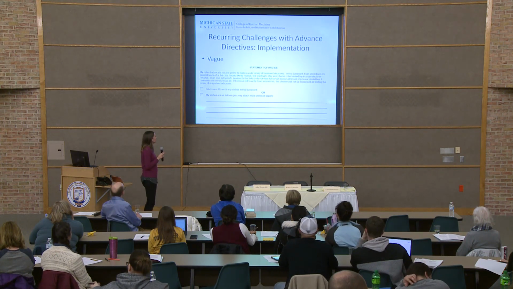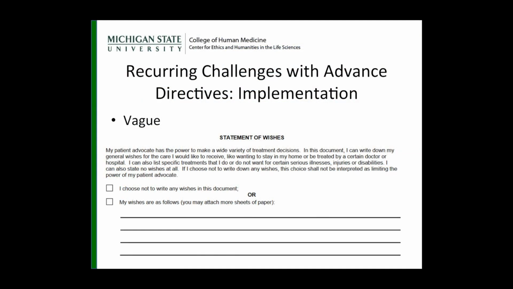So again, sometimes they're a little vague. I pulled up, if you Google Michigan Advanced Directive, this is what comes up. Even though it is, as we heard before, a durable power of attorney for healthcare, so really it's a designation form, it gives you this lovely bit here where you can say anything you want. You can write, at the end of my life, I only want green M&Ms at the side of my bed. We will not honor that, but you could write it down. You could write down anything here. That kind of helps us get a sense of what you were thinking.